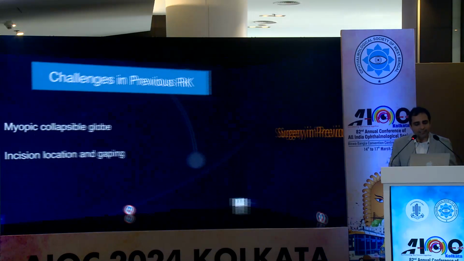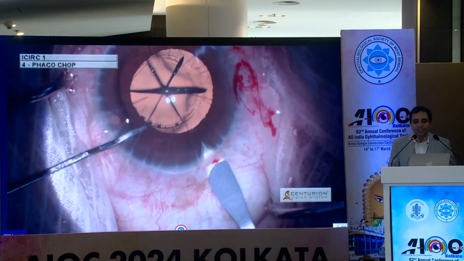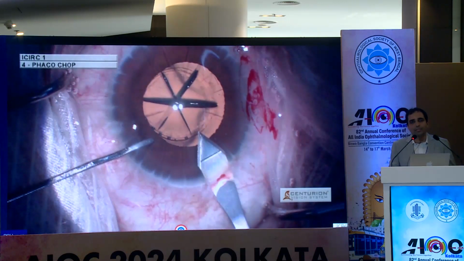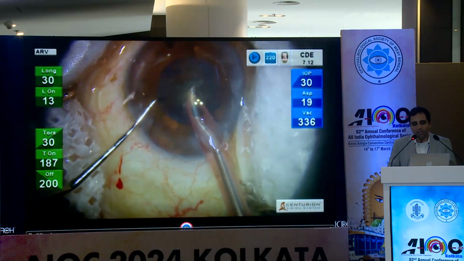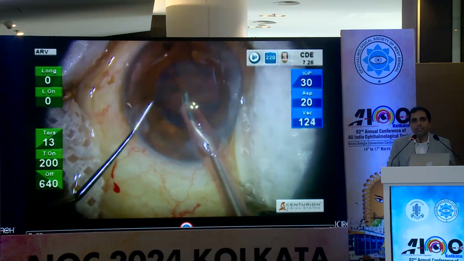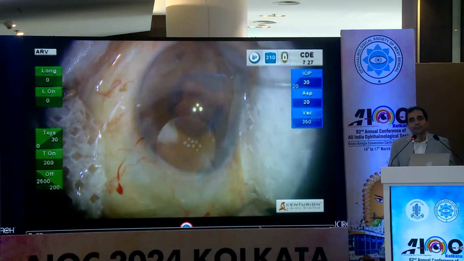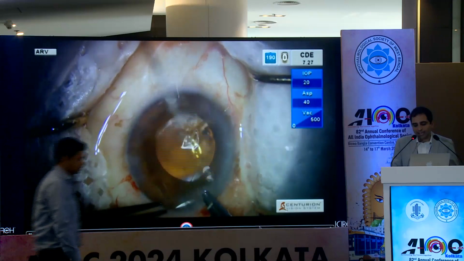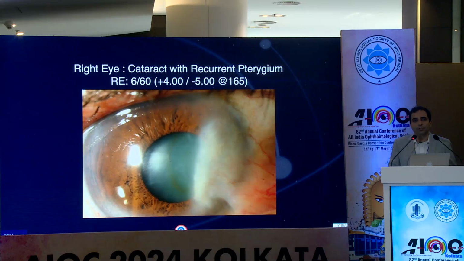I think the other challenge is in eyes with post-RK. One is the calculation, but the second is the incisions and the gaping of the incision. So you may have to do scleral incisions, like in this eye with so many cuts. Therefore, your SIA may be very different. In eyes like this with good gaps, you can do incisions between the gaps and you can get away. But in spite of all possible care taken, very often you may end up with gaping of the wounds, which you may need to suture, and all your astigmatism calculation and IOL power calculation can go haywire. So particularly in post-RK eyes, do tell them that you need to be careful.